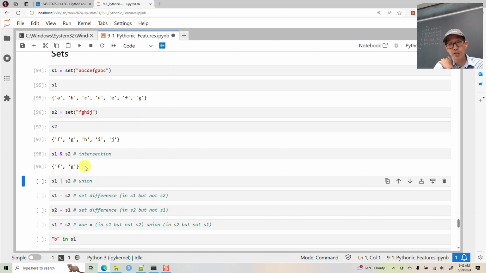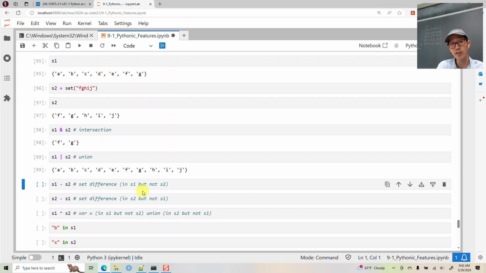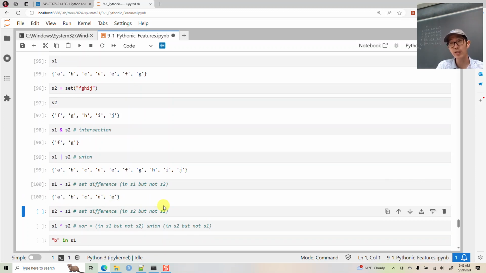Okay, what's the union of set 1 and set 2? A, B, C, D, E, F, G, H, I, J. Okay, again, no duplicates. No duplicates in a set. S1 minus S2, that's what is in S1 but not S2. It's the,